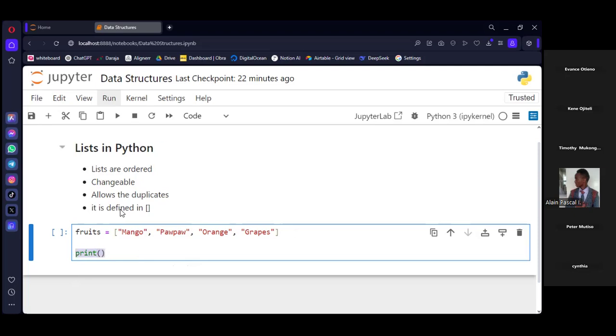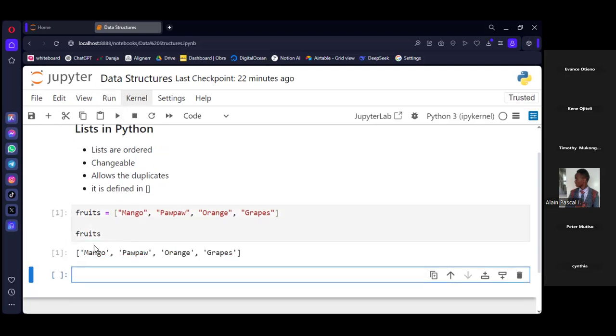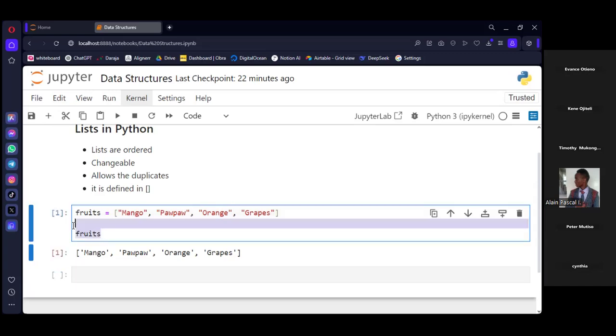The notebook understands if you just write, for example, fruits. You can get the output, but that is not the case in all IDEs. So if you want to execute properly in different IDEs, you must use the print statement to get an output.